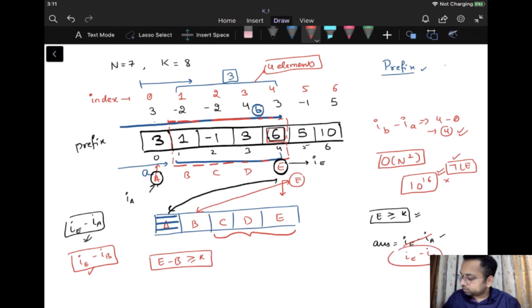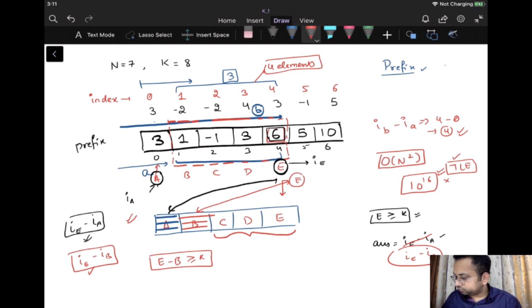Why? Because this length is smaller, right? So we are going to pop the elements, or remove the elements, from the front until the time we have a sum which is no longer greater than k. So this makes sense, right? So this is the first step that we need to consider.